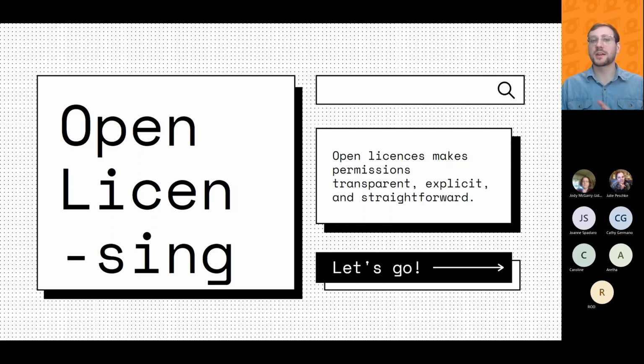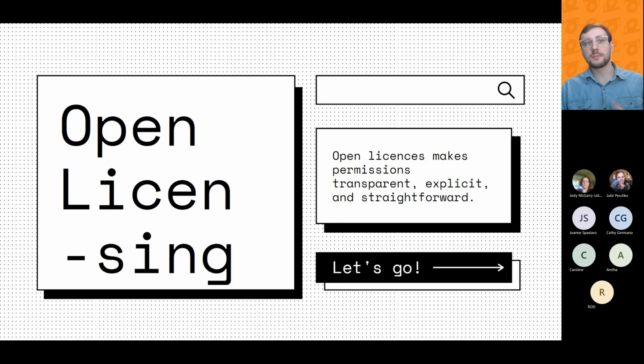So when a work is created, like I mentioned before, the creator retains copyright in that work, but they can choose to openly license it if they want, and they can let other people use it in any way, like they can customize it, build on it, or alter it, or just share it. When you apply an open license to a work, it makes permissions transparent, explicit, and straightforward.